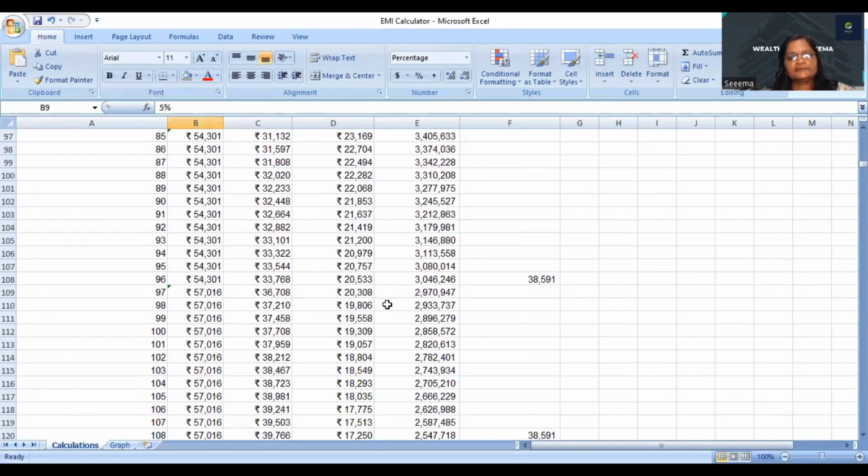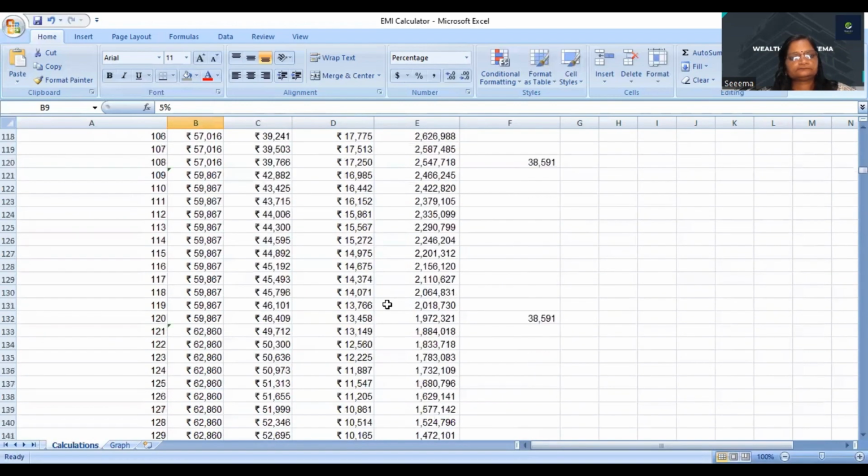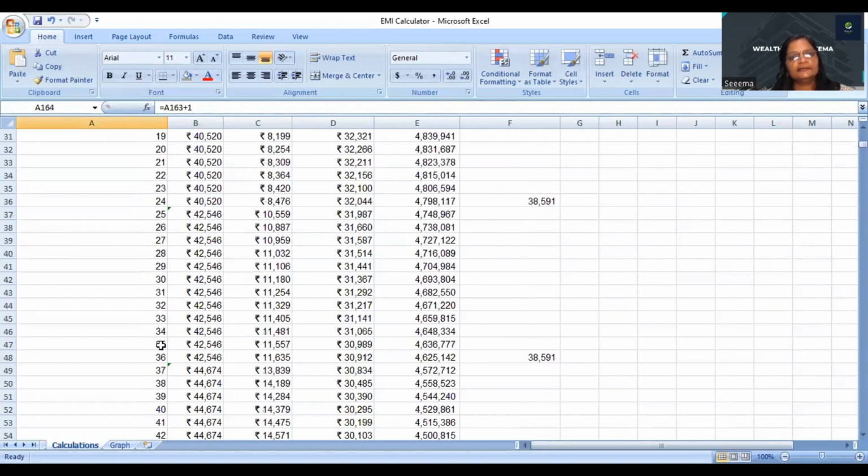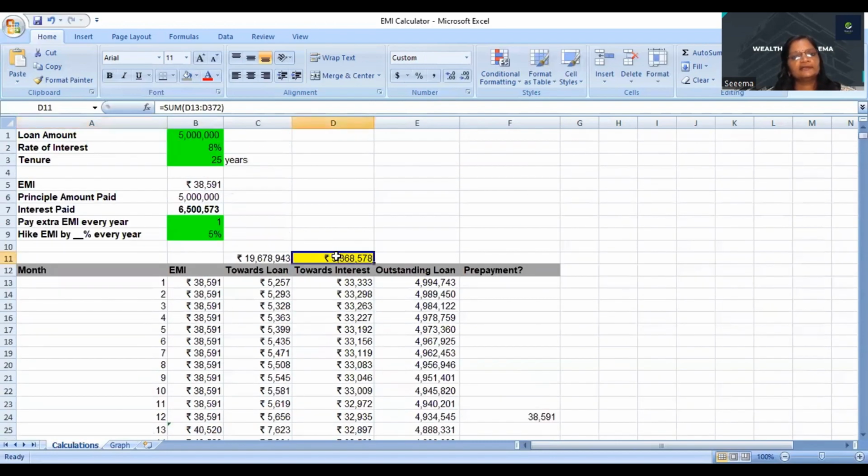Your loan reduces, and at the end of 152 months, again it is close to 12 years, you are going to become the sole owner of your own dream house. And how much interest are you saving? You are saving close to 31 lakhs of interest, which is a good amount that you can reinvest for